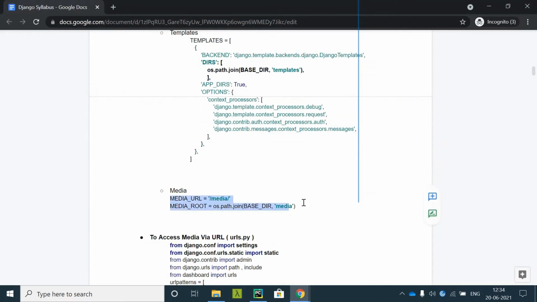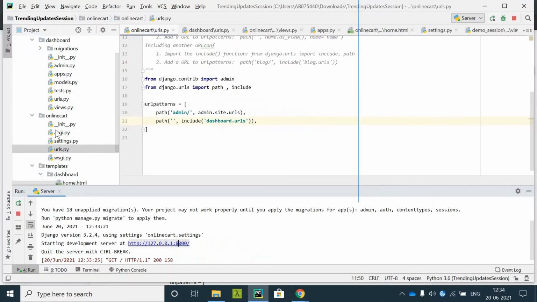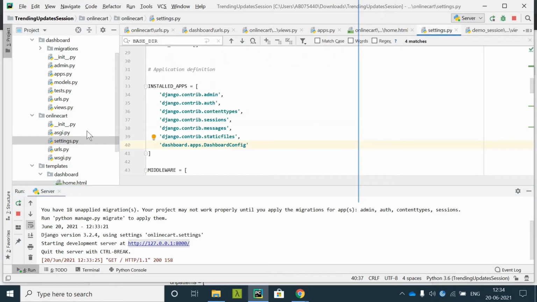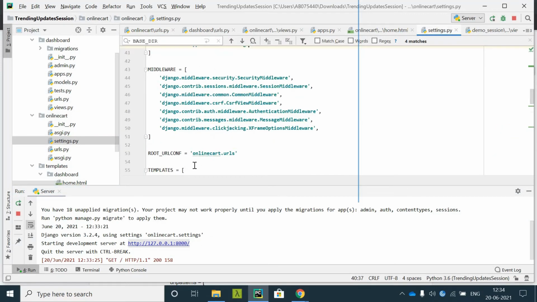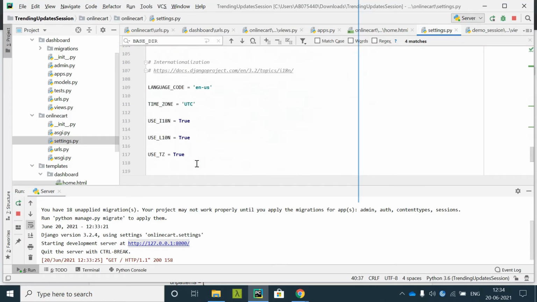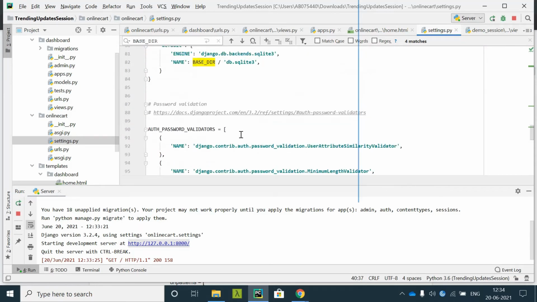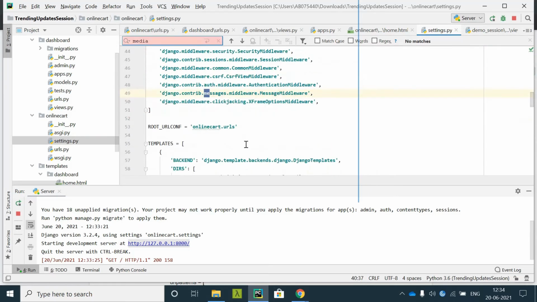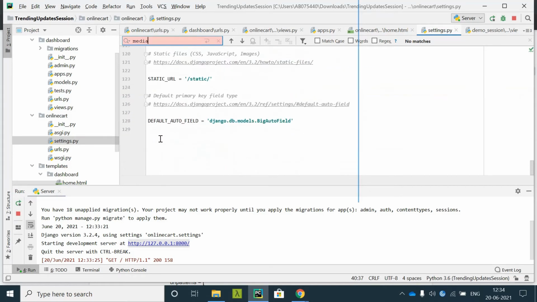I'll just copy this configuration, go to PyCharm, go to the settings, go to the project settings, and then add the media folder.